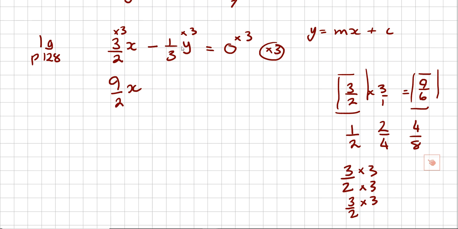So then the question is, if I do 1/3 times 3, what is it? 3 over 3, isn't it? 3 times 1 over 3. And 3 over 3 is? 1. So I then get, subtract 1y. I said 1, yeah. And what is 0 times 3? 0. Okay? Now what do I do? You got 9